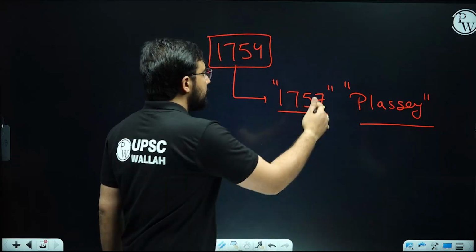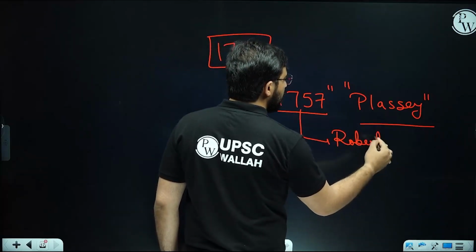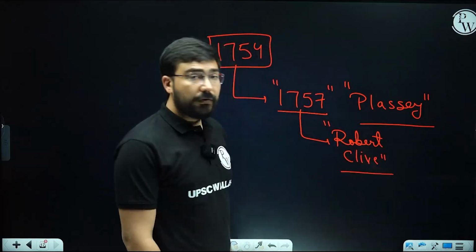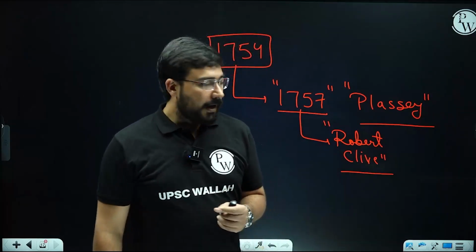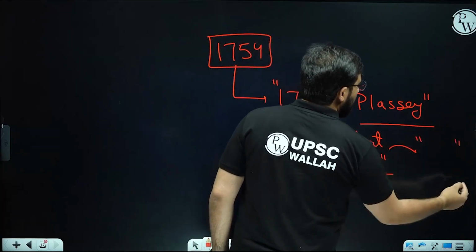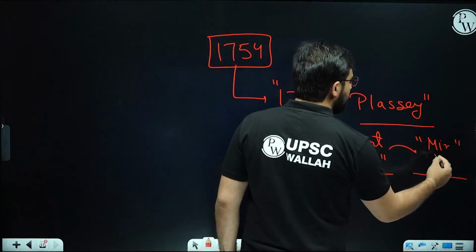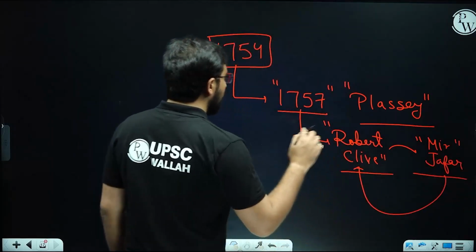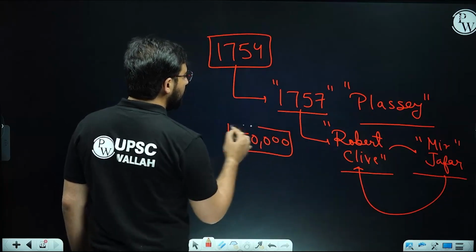All right. So Plassey was one of the battles in which Robert Clive used treachery. Okay, the Nawab of Bengal at that point of time was Siraj-ud-Daulah. Siraj-ud-Daulah was a very hot-headed person, and he was contesting against Robert Clive. But Robert Clive was able to create an alliance, most importantly with Mir Jafar. So Mir Jafar was the military commander. He signed an alliance with Robert Clive. The Nawab, Siraj-ud-Daulah, was having an army of 50,000. Robert Clive was hardly having 3,000-4,000 soldiers.